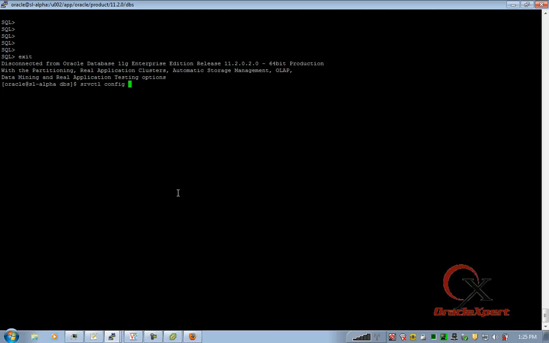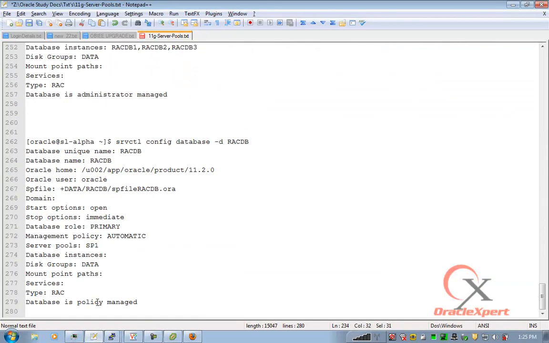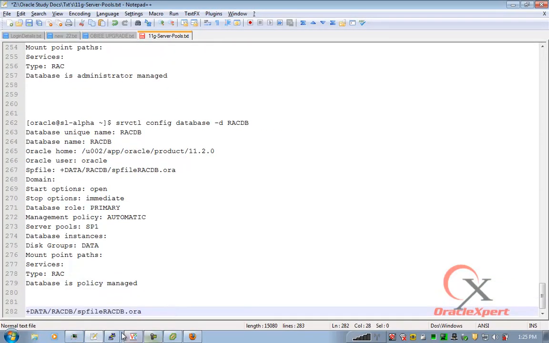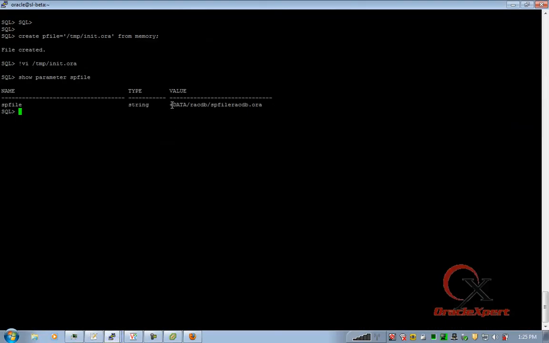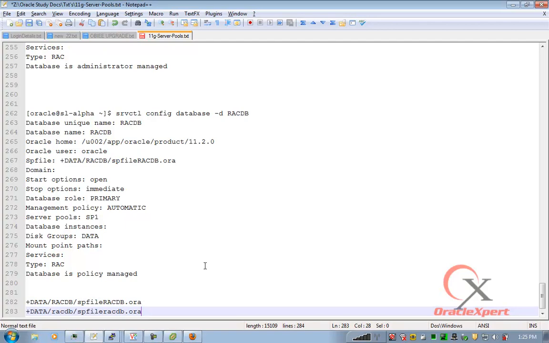I want to check then where is the problem. So they are indeed referring to the same SP file which I have updated in the srvctl command.